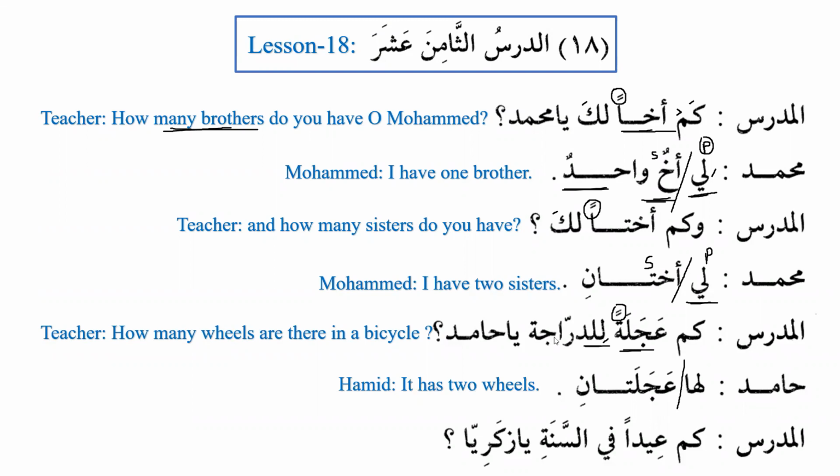All right. Then the teacher says, Al-Mudarrisu: Kam Eidan fi sanati ya Zakaria? How many Eids or how many festivals are there in a year? So the same idea. After kam, the noun is mansub, it is singular and indefinite. Fi sanati is jar majroor, ya is harfun nida, and Zakaria is someone who is being called. So munada. So we have kam Eidan fi sanati ya Zakaria. How many Eids are there in a year?